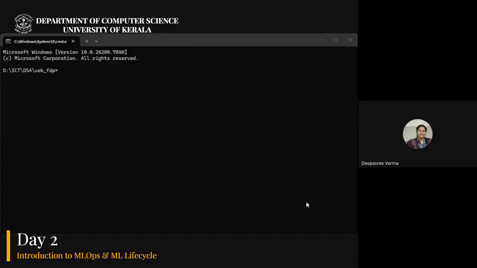I just opened the CMD, and if your Git is properly installed, if you type git version, you can see the Git version in your system.